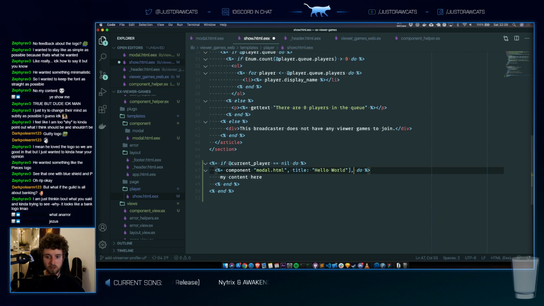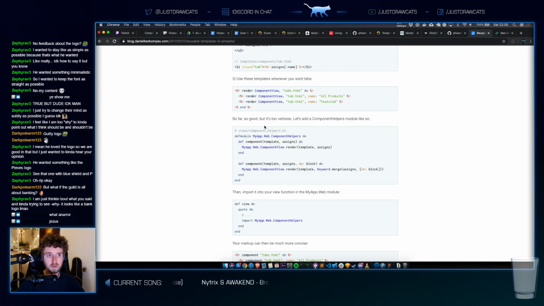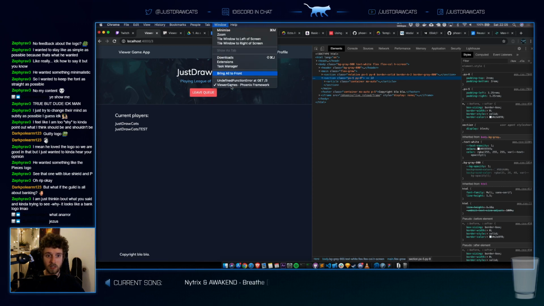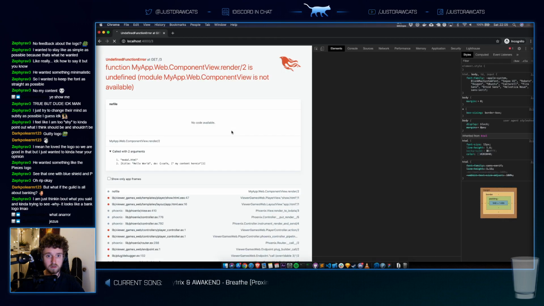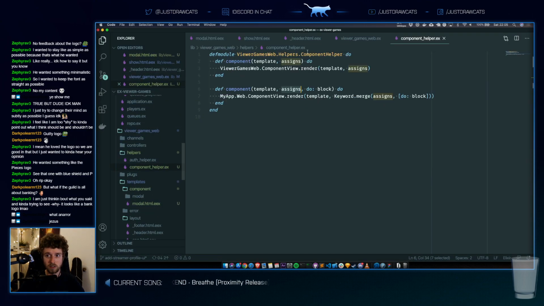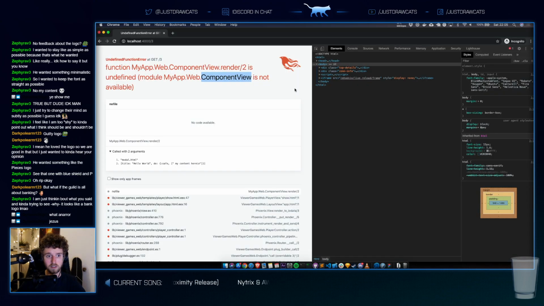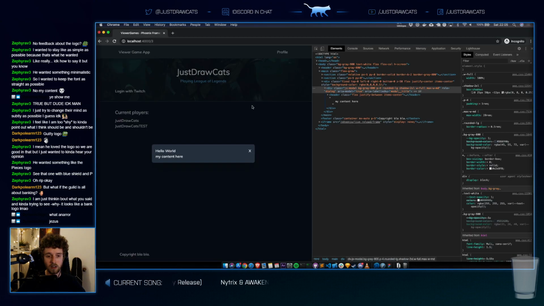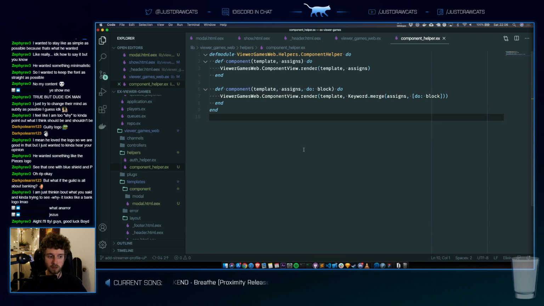Why do I have to do this? Compiled. My web component view. Oh, right. Okay, oopsie. So now it did actually go to this block. Awesome. This is sweet. Nice. Now I can actually create some web components.